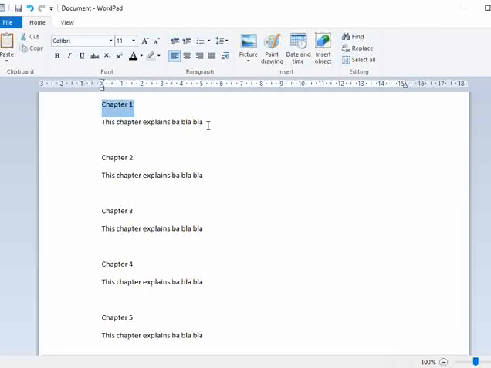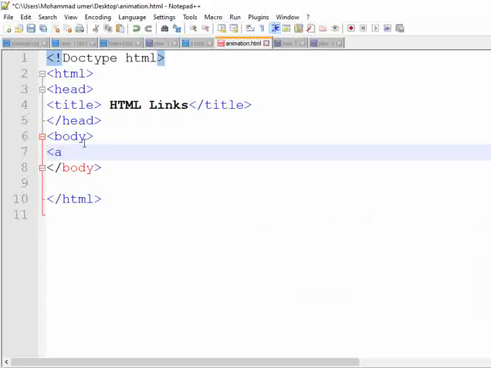For a heading we use the tag H1 for the largest, most important heading, and H6 for the least important heading. And for the paragraph we use the P tag. So let's first create a heading and paragraphs.